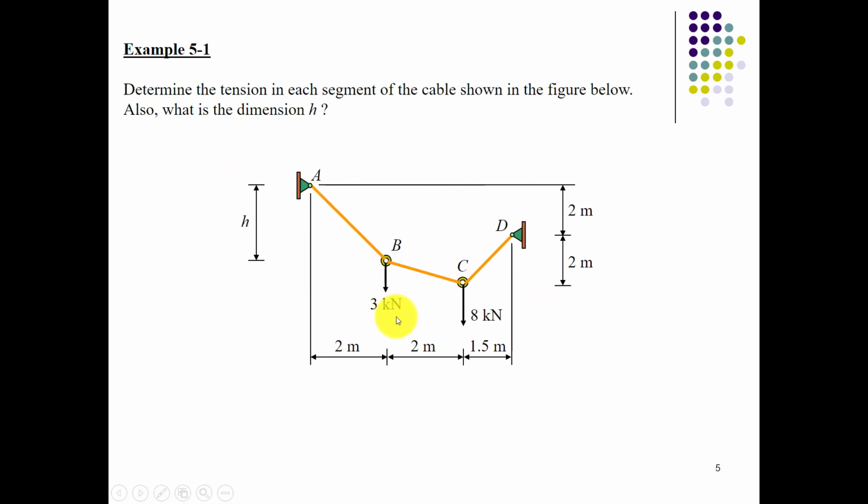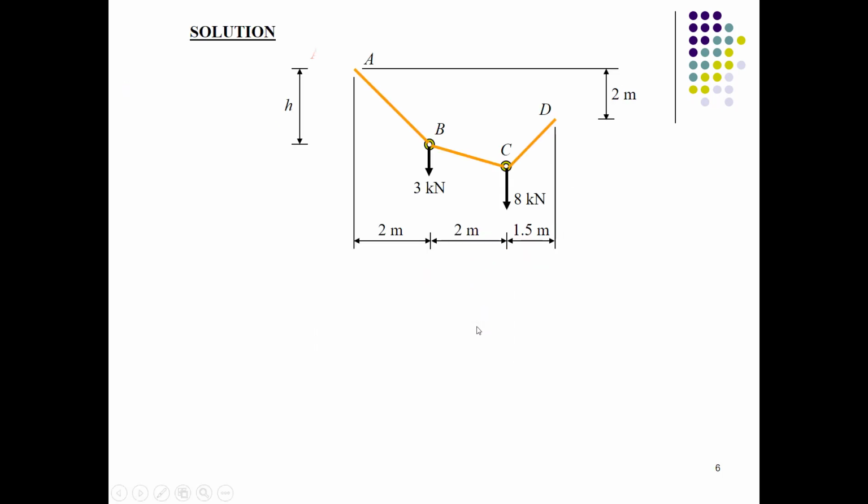So we have a cable, a three span cable with loading applied on it at B and C. So we have to calculate the tension in each segment. What we will have to do is, first we will have to draw the section at some point. Let's say I will take the section at point D. The unknown forces at this stage would be AY, AX and TCD that I have discussed earlier in the previous example. Then we will take sigma moment at point A, sigma Fx equals 0, sigma Fy equals 0, and solve these three equations simultaneously